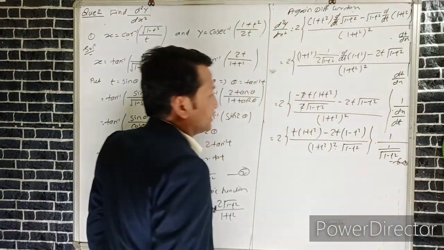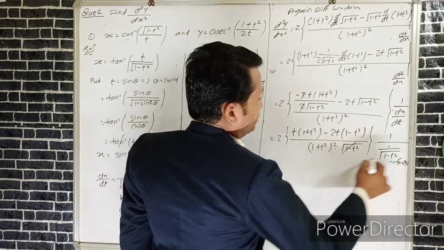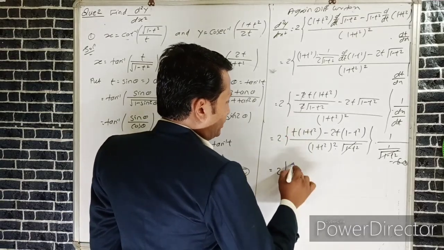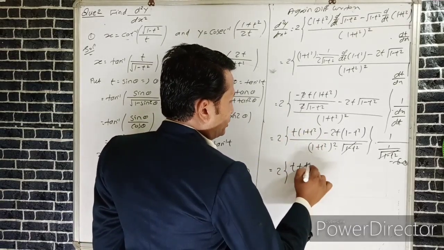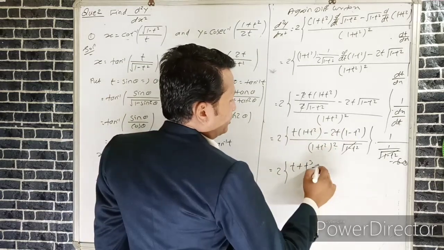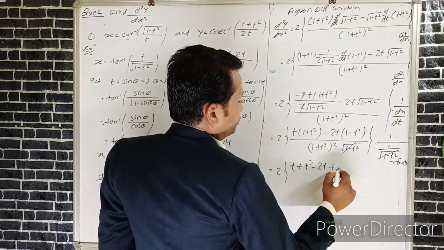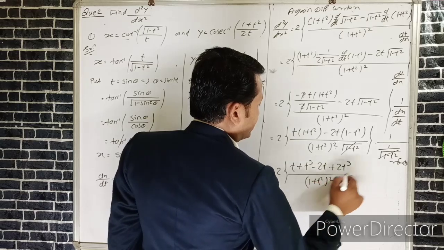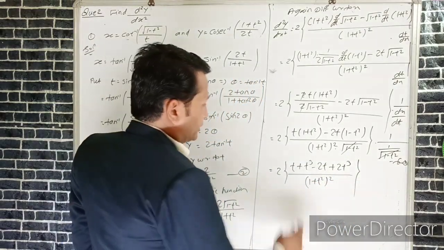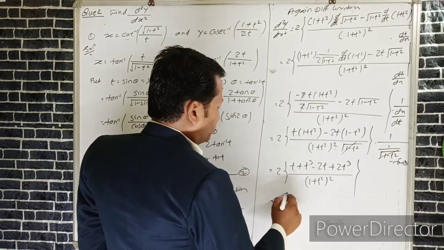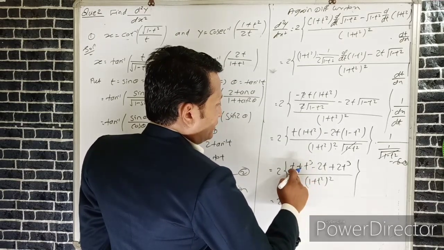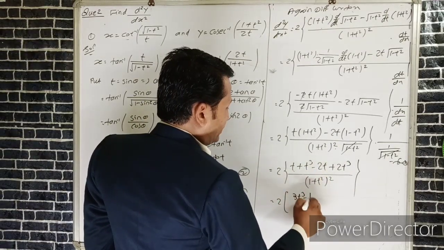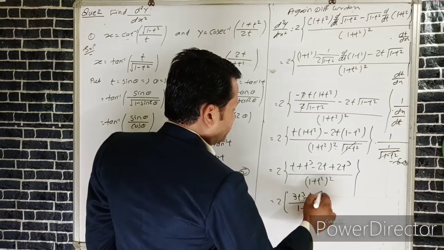From 1, the under root of 1 minus t square terms get cancelled. We can write 2 into t into 1 plus t square, minus t into t square, that is t cube, minus 2t into 1 plus 2t into 2t square, which is 2t cube, upon 1 plus t square whole bracket square. So this t minus 2t, we can write 2 into t cube plus 2t cube, 3t cube minus t, upon 1 plus t square.